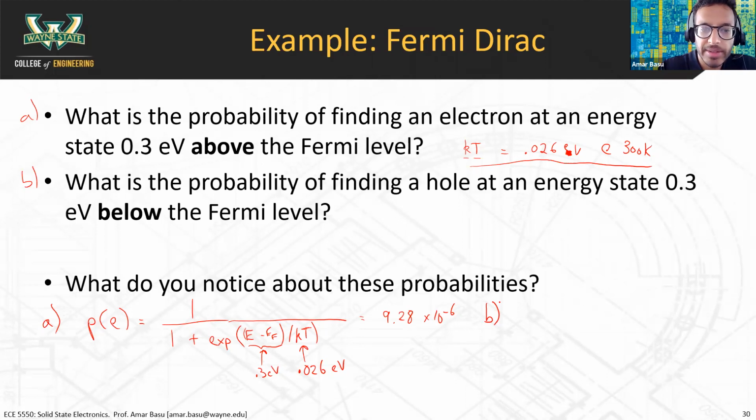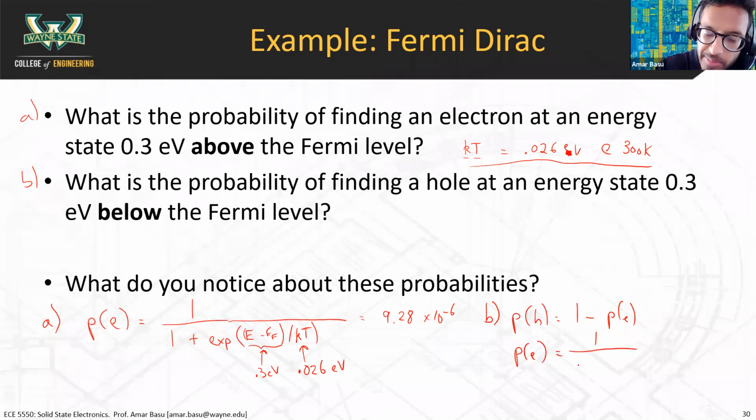And part B, we have to find the probability of finding a hole at an energy state 0.3 electron volts below the Fermi level. So the probability of finding a hole is 1 minus the probability of finding an electron at 0.3 eV below the Fermi level. In this case, the probability of finding an electron is the same thing as before, except